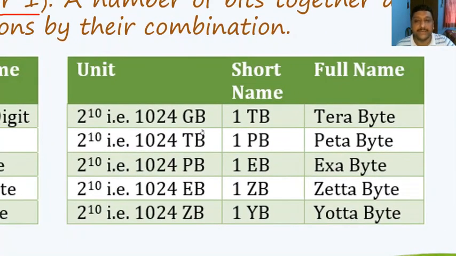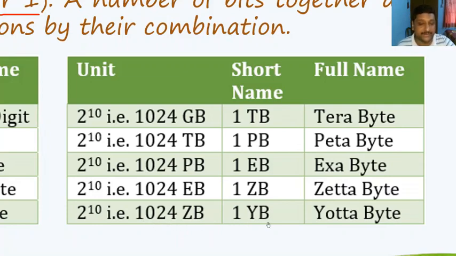Now again, if we combine 1024 gigabytes, it becomes 1 terabyte, and when we combine 1024 terabytes, it becomes 1 petabyte. Now 1024 petabytes becomes 1 exabyte, and 1024 exabytes becomes 1 zettabyte, and again 1024 zettabytes becomes